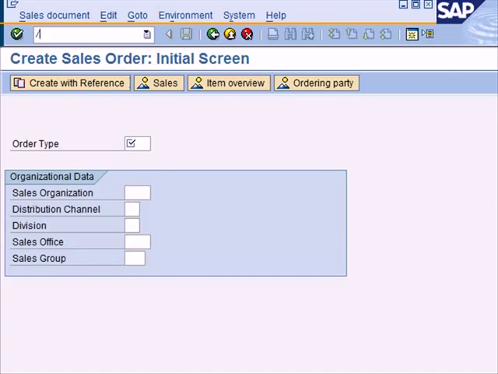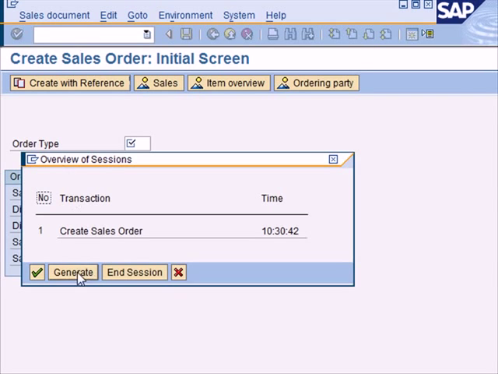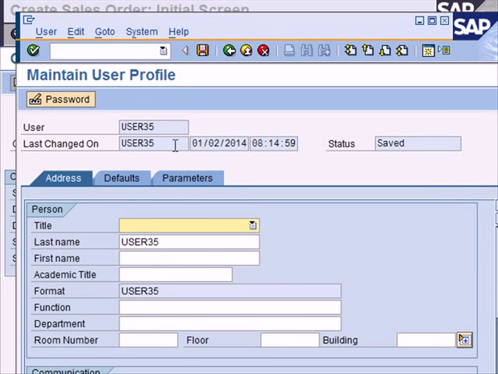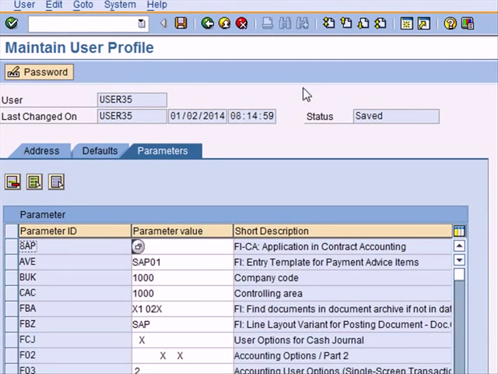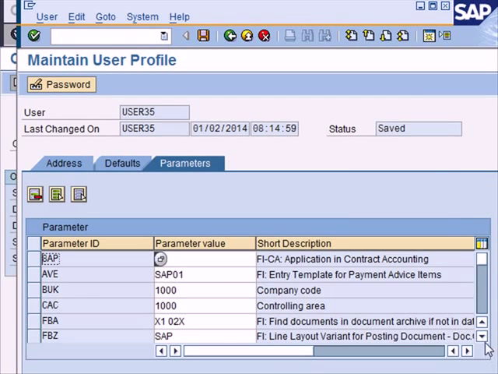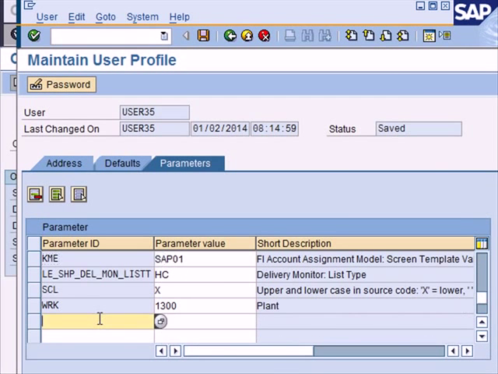So I open up another session /0, and now I go to a transaction for maintaining user profiles. Now in the parameters, I scroll down and I enter VKO and I enter the sales org 0001, which is the sales org that I normally work with. I save,